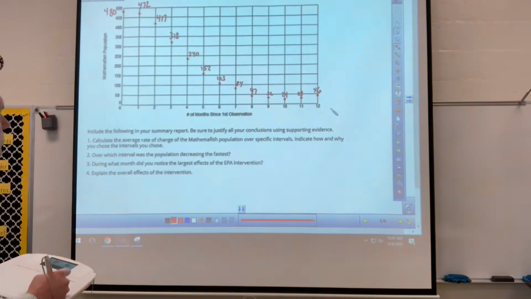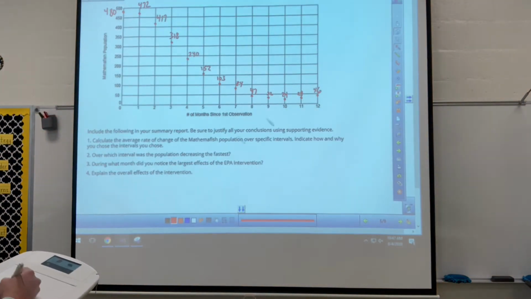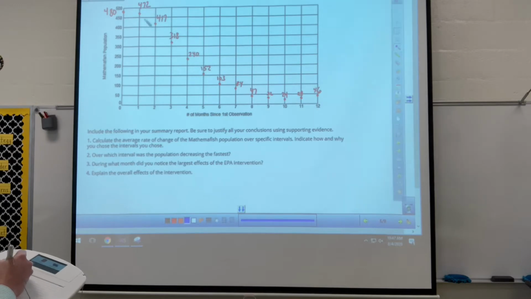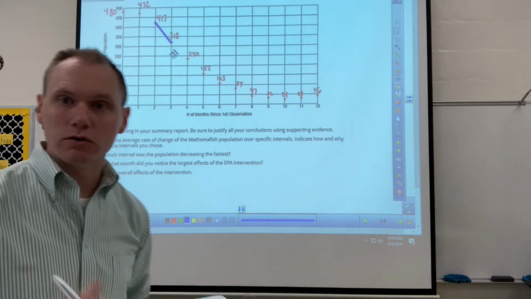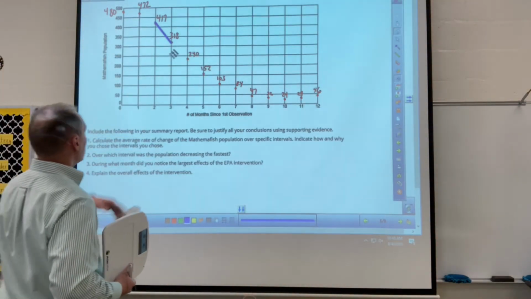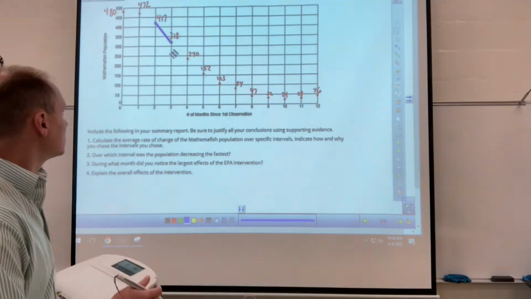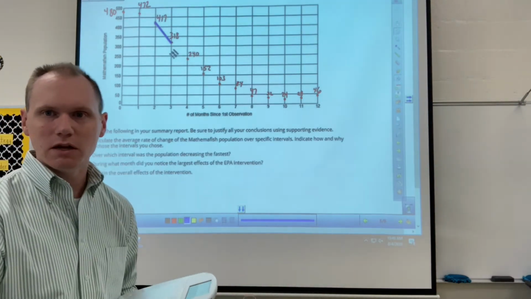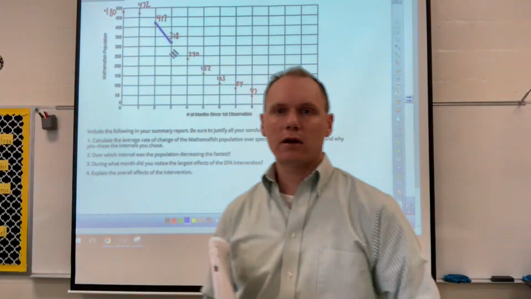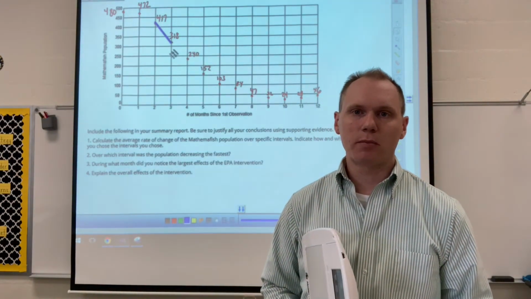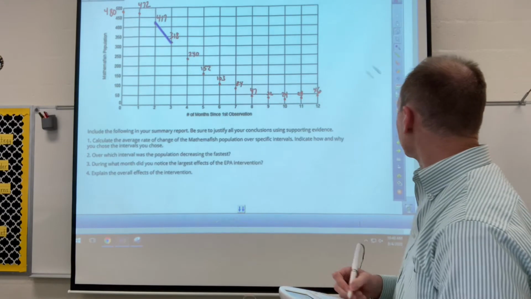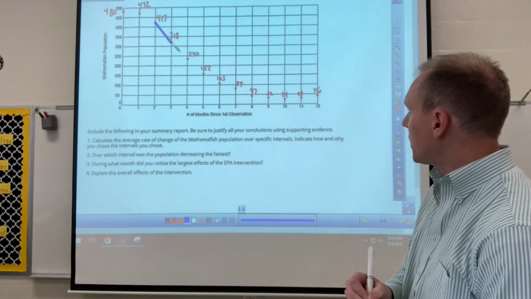So how about we analyze the average rate of change from, let's say, month 2 to month 3. From month 2 to month 3, the population of Mathfish goes down. We can figure out the average rate of change between those two values, because it didn't just all of a sudden decrease at the end of the month, but we can think about over the entire month how the Mathfish population changed. So what we can do here is take the change in population, so that would be